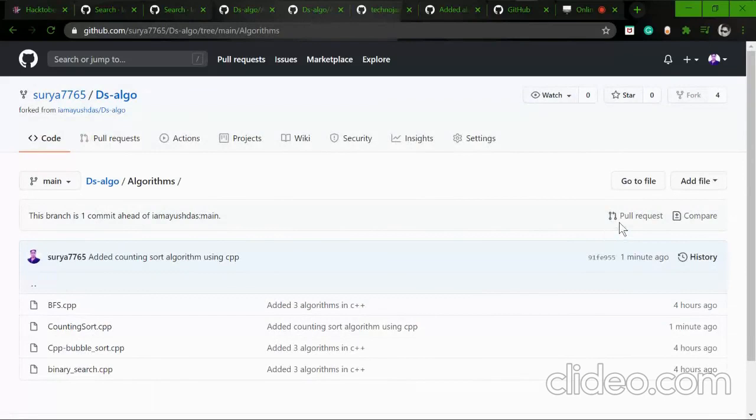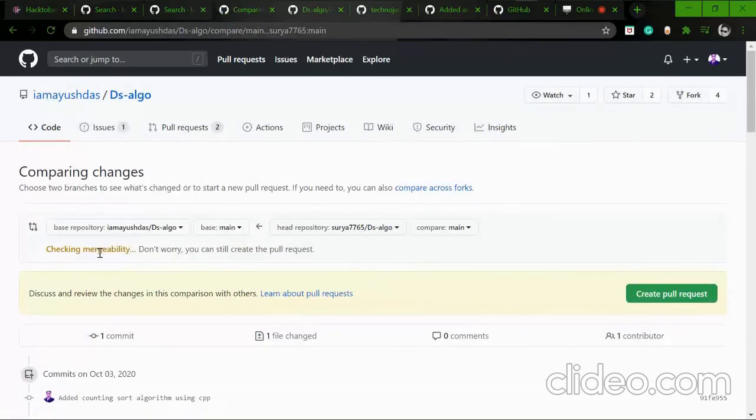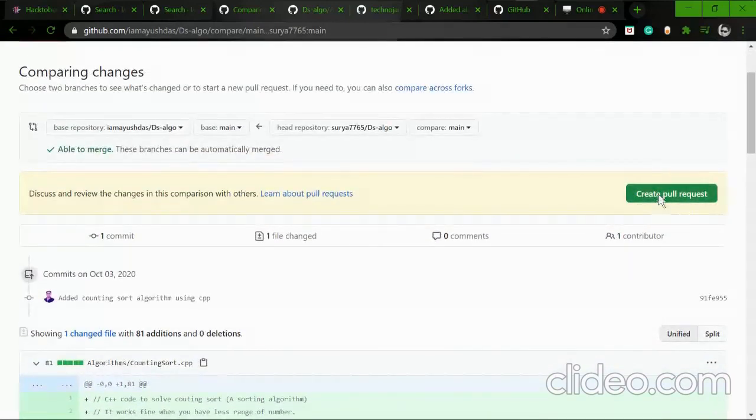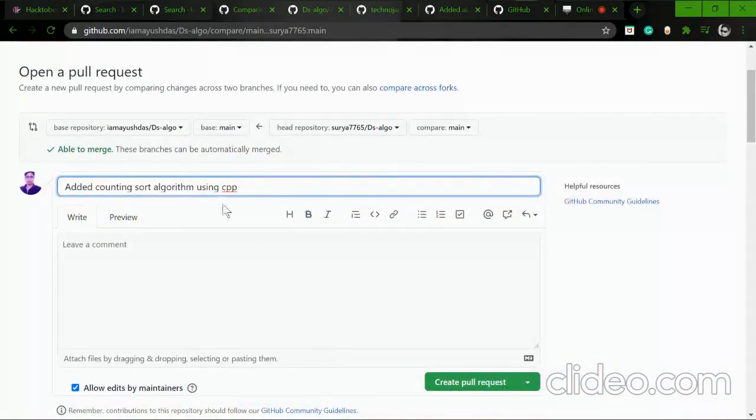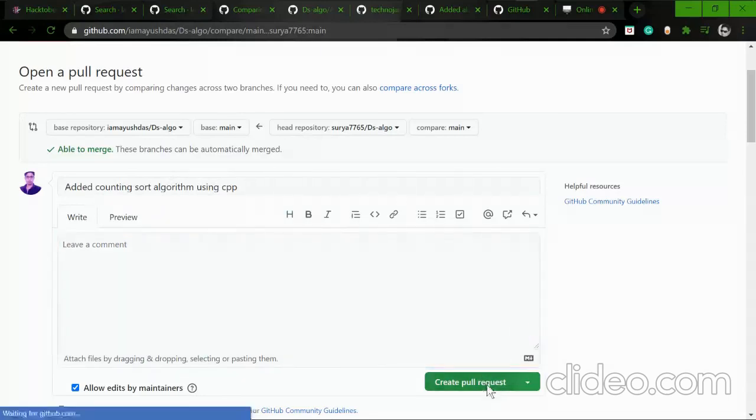You just go and give a pull request to the admin of this repo, and they will give some comment. Yeah, this is able to merge. So now what you can do is go and create a pull request, and while creating a pull request you can see this message here which you gave at the commit time. In this, comments are not needed because the comment is already done. So I will just create a pull request,